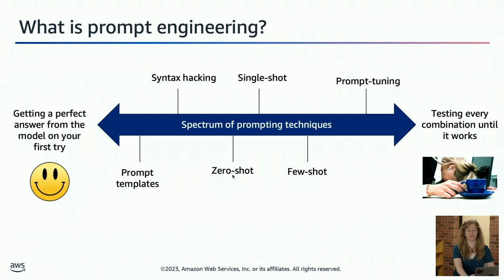Zero shot, and we'll dive into this throughout the class here, means you just send it the instruction and it responds. It means you don't really have anything else in the prompt. That is different from what's called single shot and few shot learning. I use the word learning here because it's mimicking learning. I don't like that actually because it's not updating the parameters, but it's mimicking the appearance of learning. So we call it single shot and few shot learning.